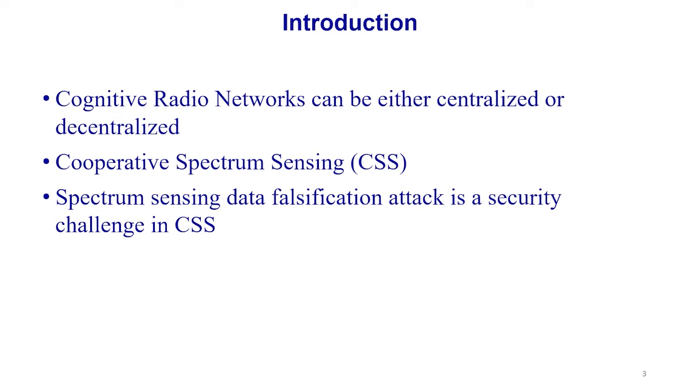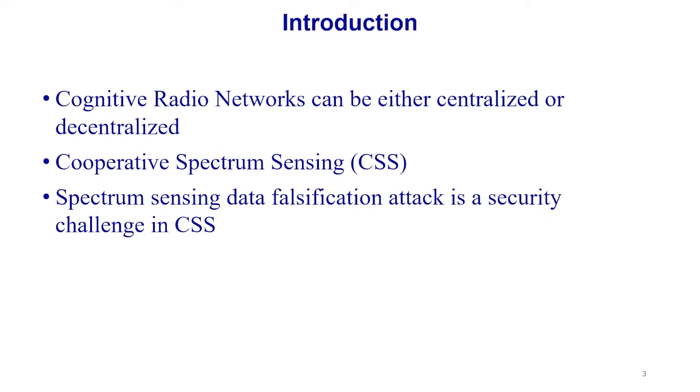For example, the TV spectrum is underutilized because most of the TVs are not functional in South Africa. So the cognitive radio network allows secondary users like cell phones and so forth to make use of the underutilized